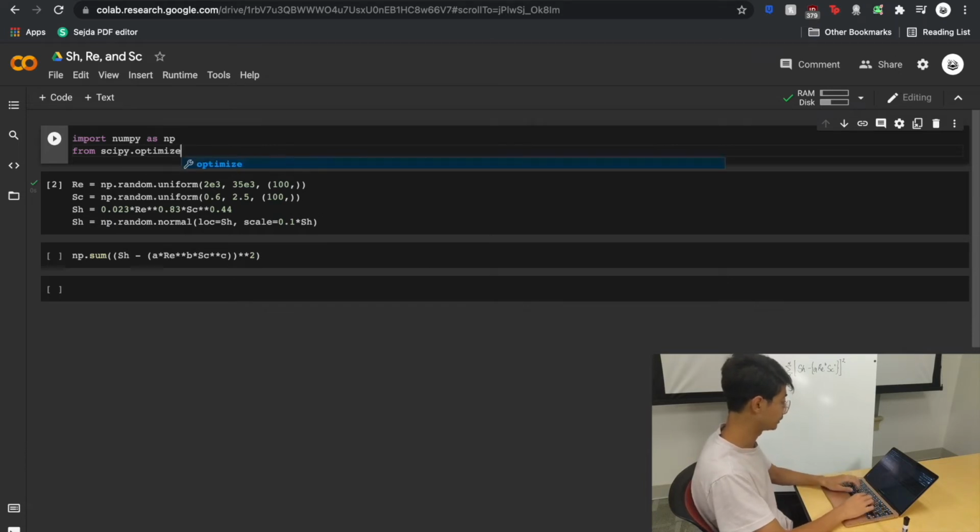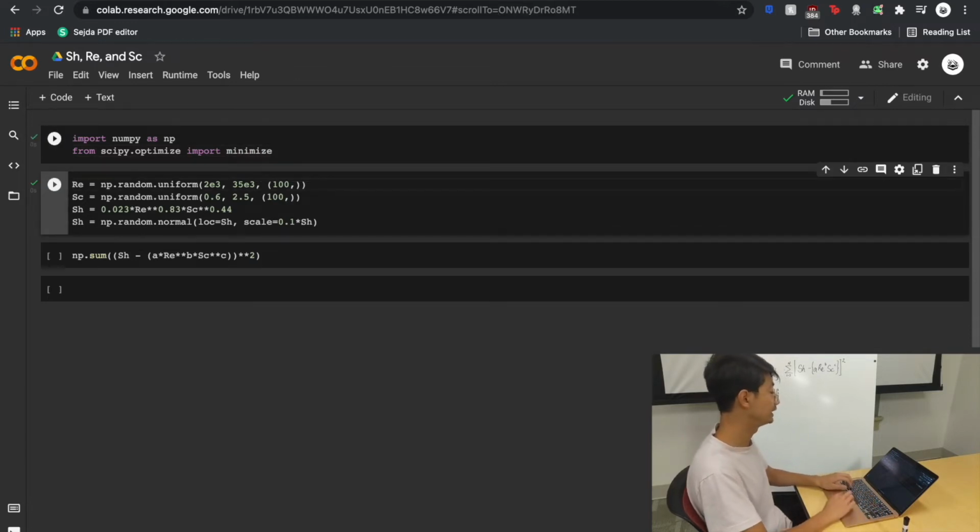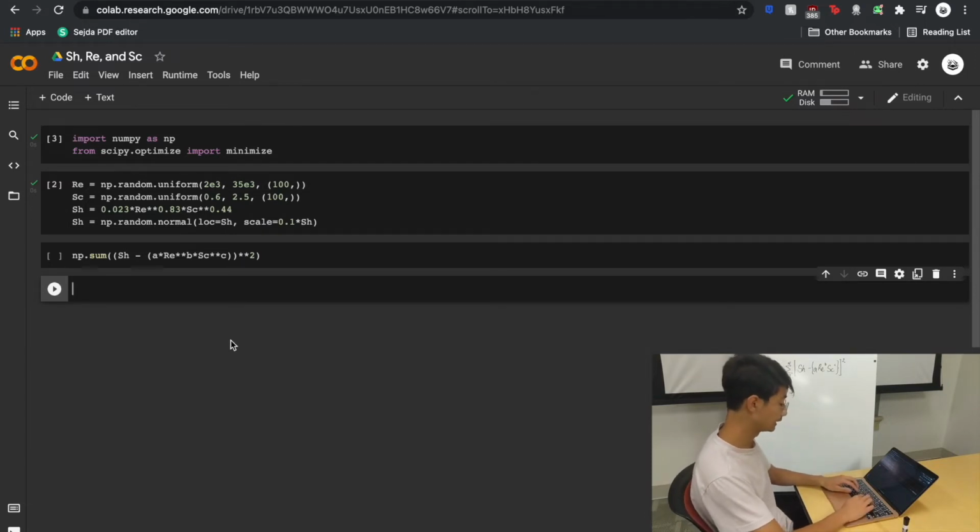I spelled that wrong. Optimize import minimize. So we need this particular function in order to minimize the function. So let's go ahead and try to use that function. So what does it say? Minimize